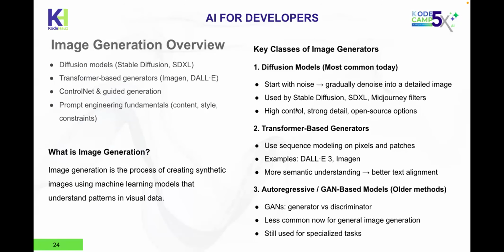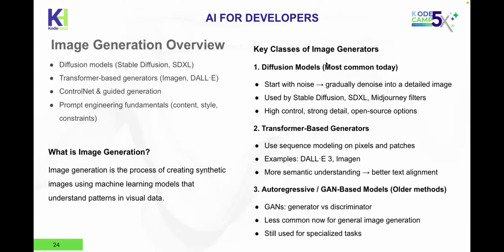So there are several classes of image generators. You have what we call diffusion models. Then we have transformer-based generators. And then we have autoregressive or the older methods using GAN-based models, right? So then we're also going to talk about ControlNet and guided generation. And then we're going to look at some of the prompt engineering fundamentals. Some of the things you need to know about the prompts that you use for image generation, including content, style